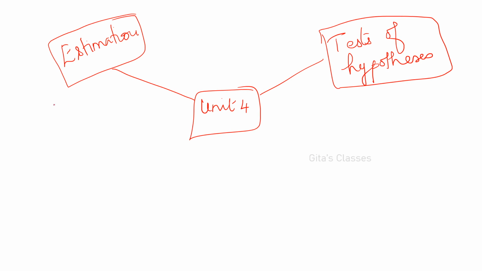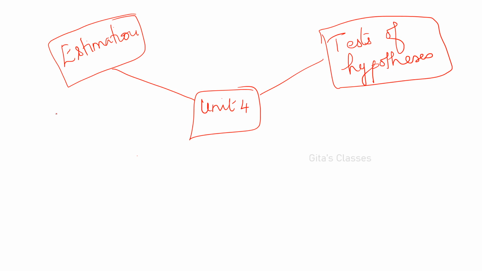It can be for the mean mu, and for proportion capital P also you can do. I am just recollecting the formulas. n is equal to z sigma by E, the whole square. This is the sample size to estimate the mean. E is called the standard error, and the theory part I have given, please go through that.